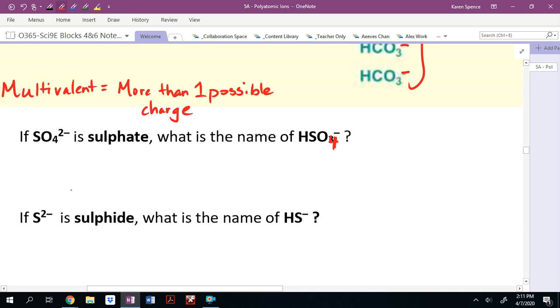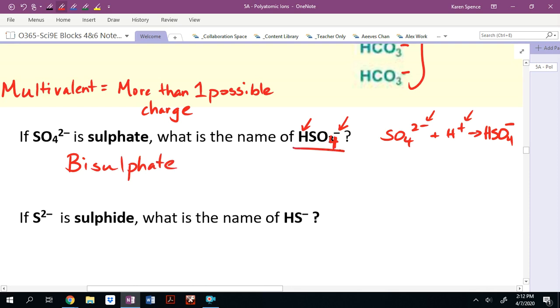Okay, so the answer to this is if we have an extra H, okay, and we have one less negative charge, because if we take SO4 2 minus, and we add a hydrogen to it, we're going to get HSO4, and then a -2 and a +1 gives us a -1 altogether. This is going to be named either bisulfate, okay, HSO4 minus is either bisulfate, or you could name it hydrogen